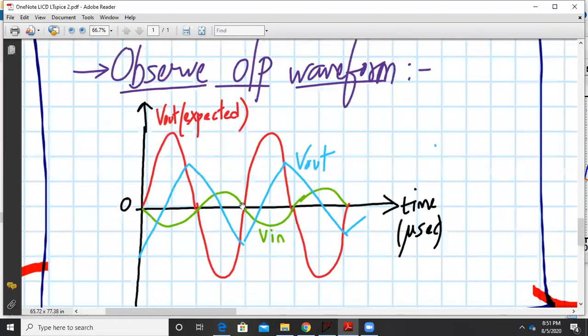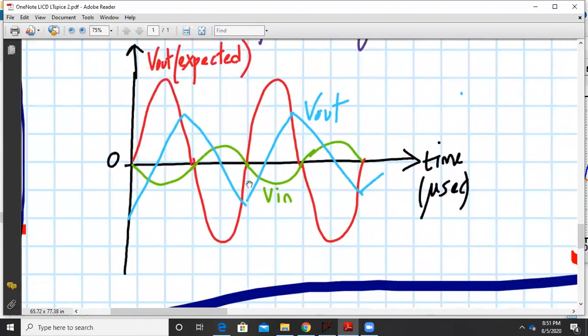So let us understand this now. If the signal frequency is increasing, earlier it was 1 kilohertz and now it is 25 times faster. As soon as the input is changing, the output couldn't react to the input change as fast as it was doing before. Here is the expected waveform, and now it's lagging. It's very slow. The output cannot catch up to the input change. The input is changing very fast, and the output is not able to react fast enough. That is what the slew rate means.